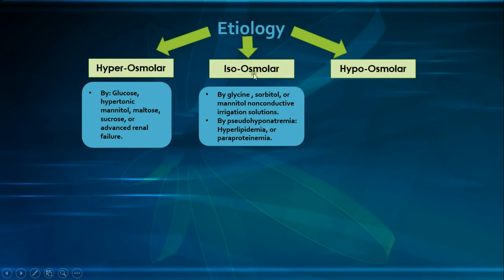Another cause of isoosmolar hyponatremia is pseudo-hyponatremia, which is not a true hyponatremia, but it's rather a lab artifact, and it's seen in severe hyperlipidemia or paraproteinemia. What happens is that normally the water fraction of plasma is 93%, with the fats and the proteins accounting for the remaining 7%. But in hyperproteinemia or hyperlipidemia, you have a plasma water fraction of less than 80%, and therefore